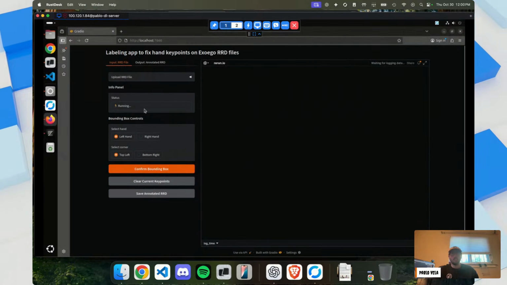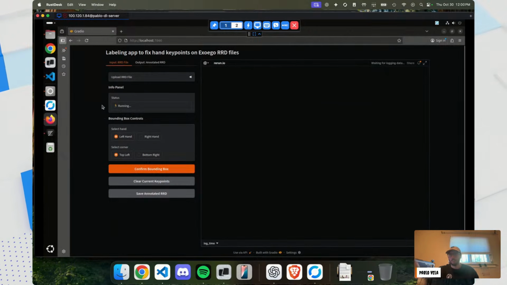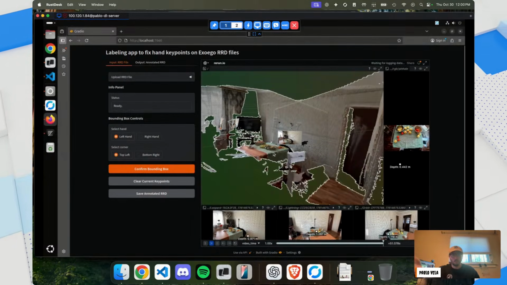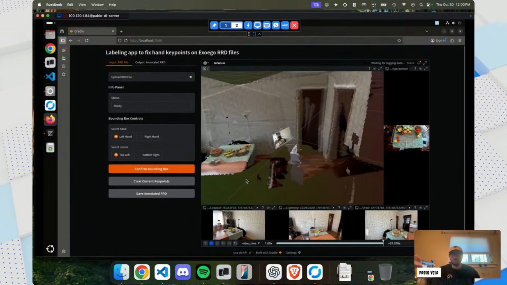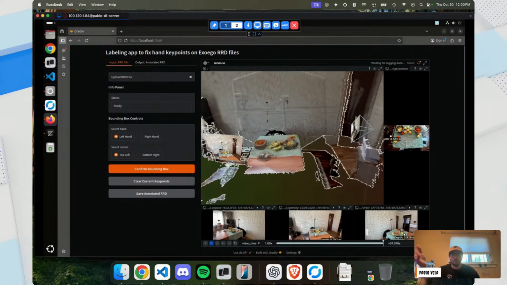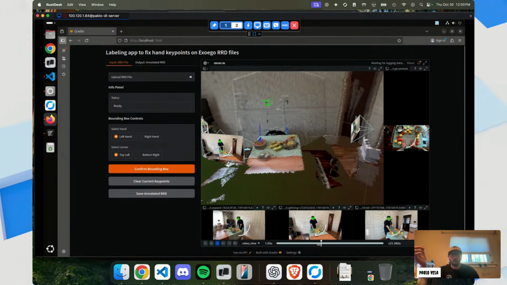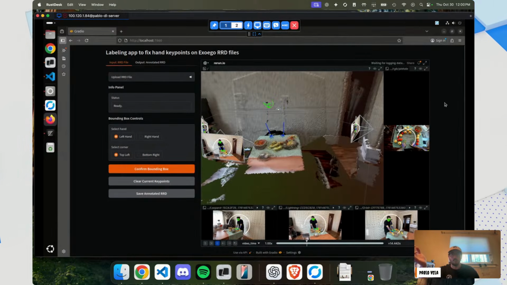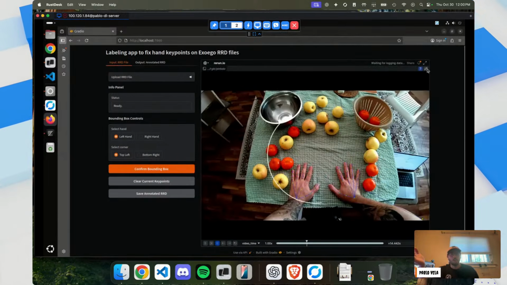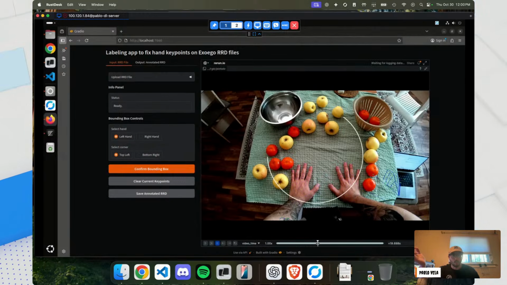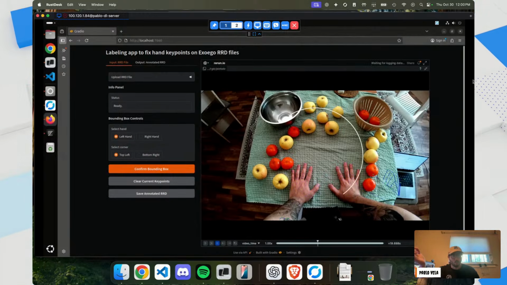It's trying to ingest this right now. There's probably a better way that I can do this. I did this in a suboptimal way, but you can see we have this saved data that came directly from that here. I can scroll back and forth through the code to see what these things look like over time, right? I want to do an example of me trying to fix a bad detection, if it will cooperate with me.